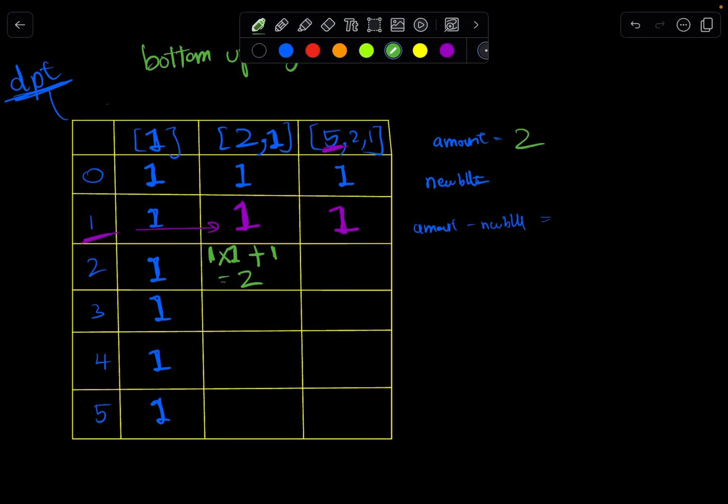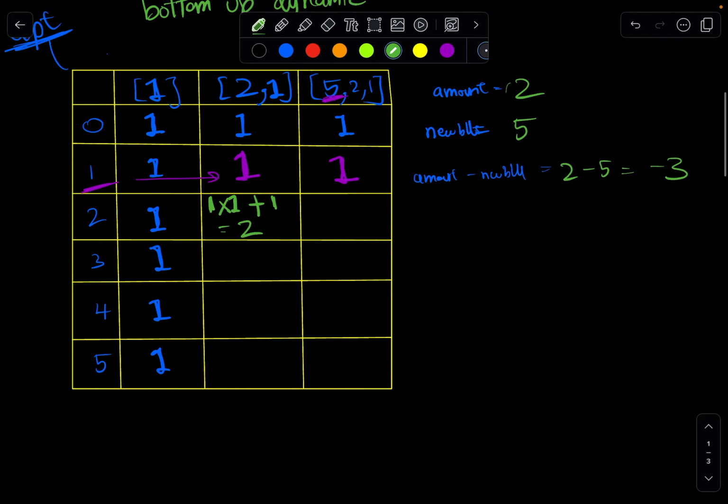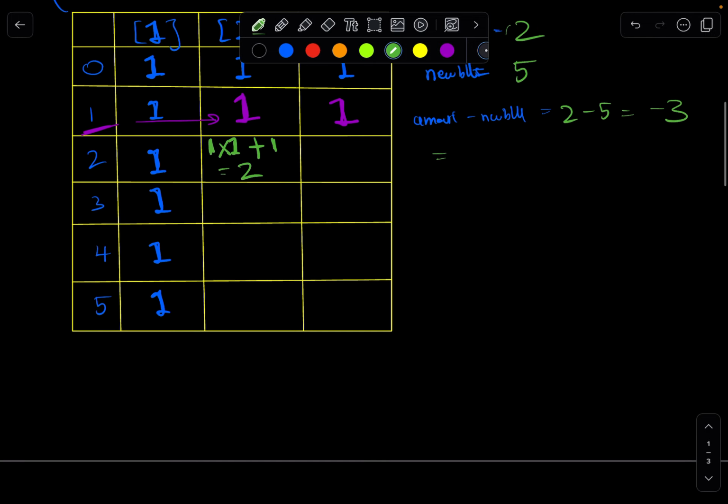Right, so our new bill is 5, right? Amount minus 5 is minus 3. What do we say from our rules? When amount minus new bill remaining is less than 0, we only have to do the excluding case, right? So this becomes exclude only, right? Which is dpt